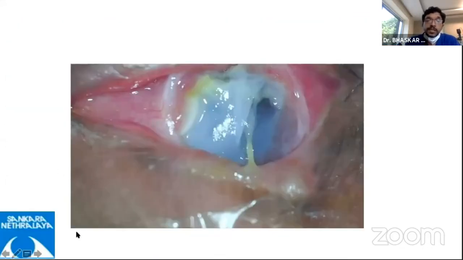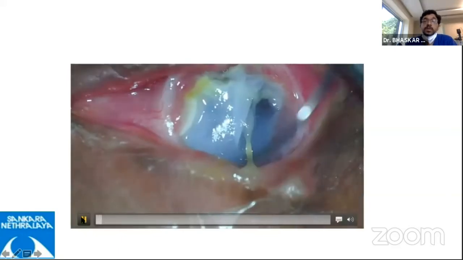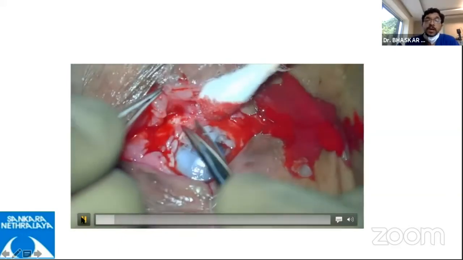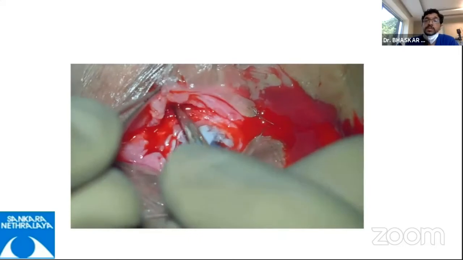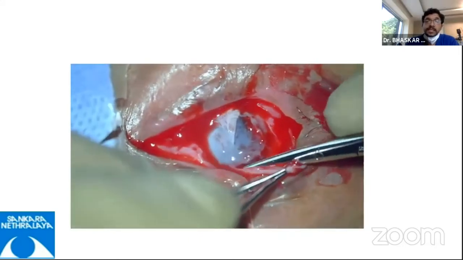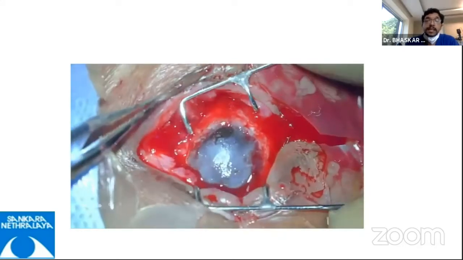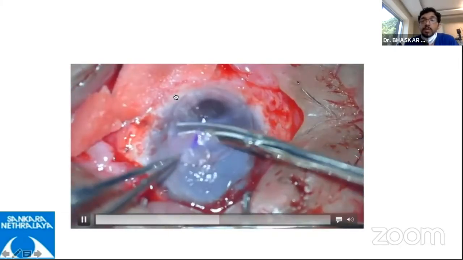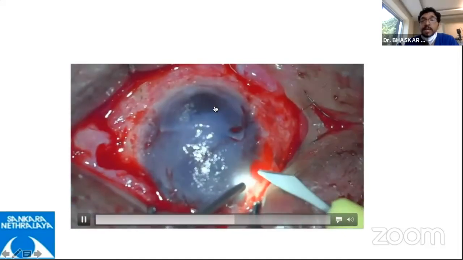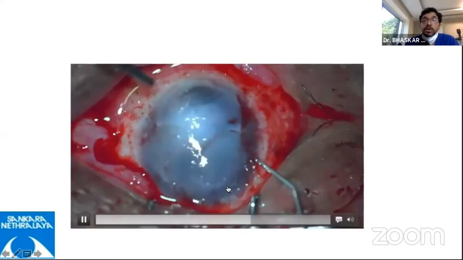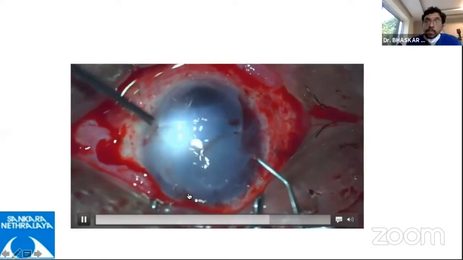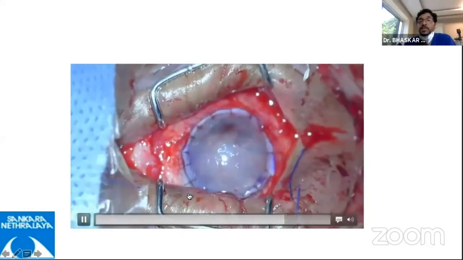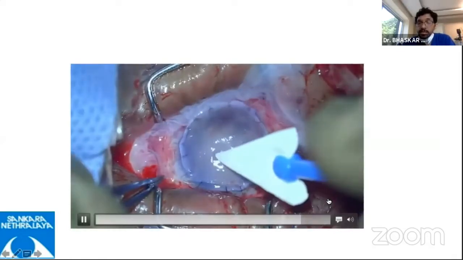Another patient in the acute stage who presents with a lid stuck to the globe with an area of impending perforation. We had to surgically take the patient up to excise the symblepharon and then tectonically salvage the globe. So we did a large LK. Since there's an area of perforation, we decided to put a small patch of tissue, stuck that with glue, and then put a large corneoscleral graft on top of it to act as a source of limbus as well as tectonic support to the eye per se.